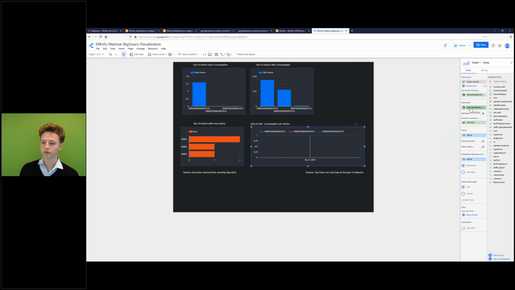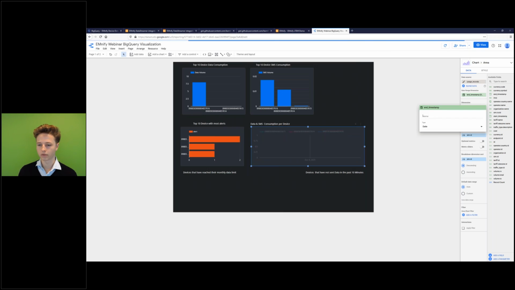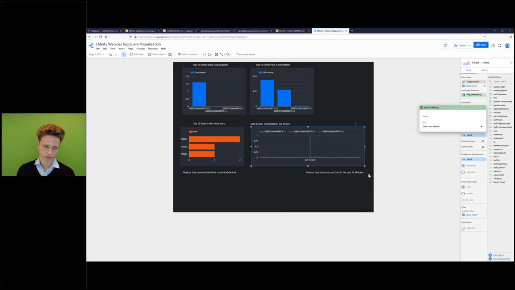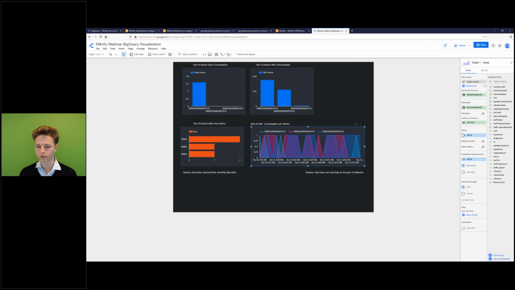The dimension here also needs to be end timestamp, and this time I will change to the granularity of date hour minute because we've just created the usage data stream and it's not been over an hour, so a minute granularity makes more sense for display right now. The breakdown dimension should be sim ICCID, that is correct, and the metric here should be volume total. Okay, that looks good.